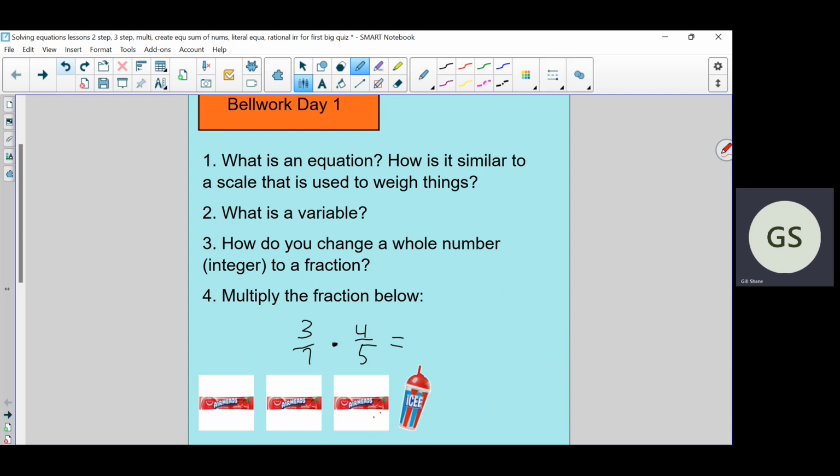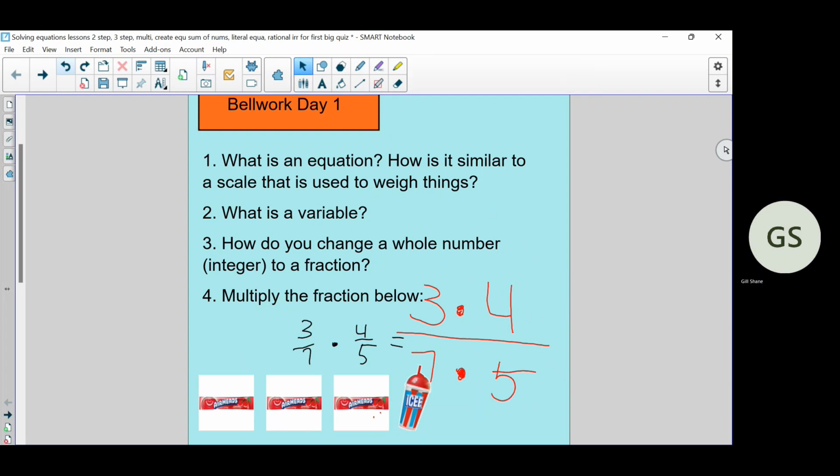So that, oh boy, I gotta fix it. So this is really 3 times 4 divided by 7 times, that's a multiplication symbol. It's supposed to be a 5. That's what it is. You just take